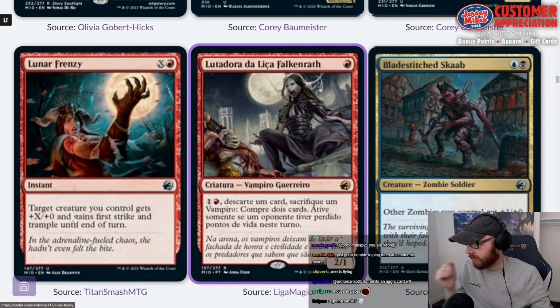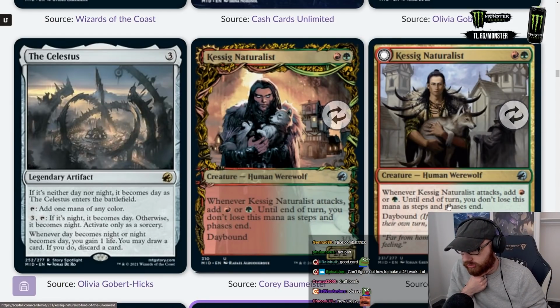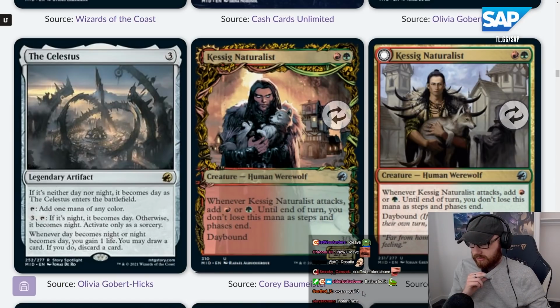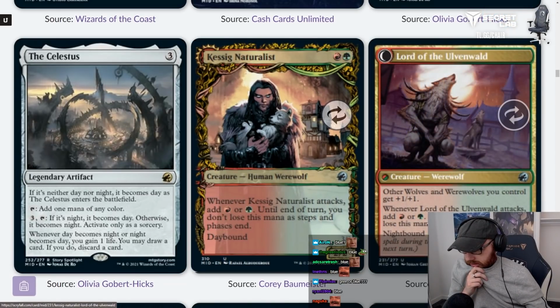Lunar Frenzy. Target creature you control gets +X/+0 and gains first strike and trample until end of turn. That's almost very good. Kessig Naturalist. 2 mana, 2/2. Whenever it attacks, add green or blue until end of turn. You don't lose mana as steps and phases end. Whenever it attacks...